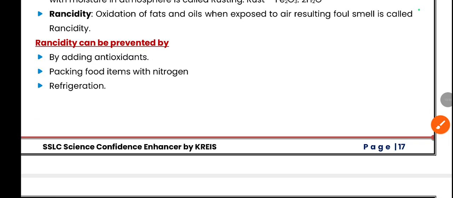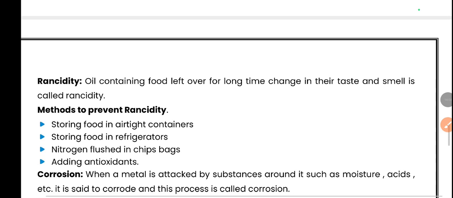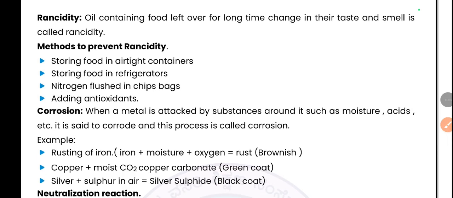Then rancidity can be prevented by adding antioxidants, packing food items with nitrogen, refrigeration. Then rancidity: oil-containing food left over for a long time changes its taste and smell, which is called rancidity. Methods of prevention of rancidity: storing food in airtight containers, storing food in refrigerators, nitrogen flushed in chips bags, adding